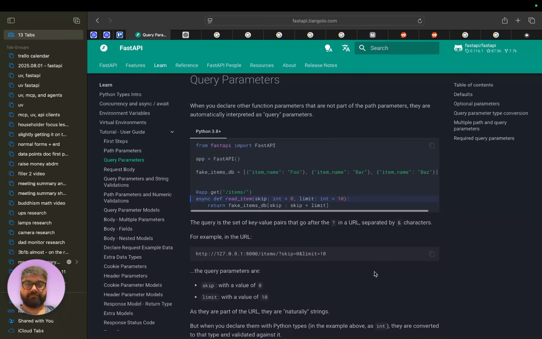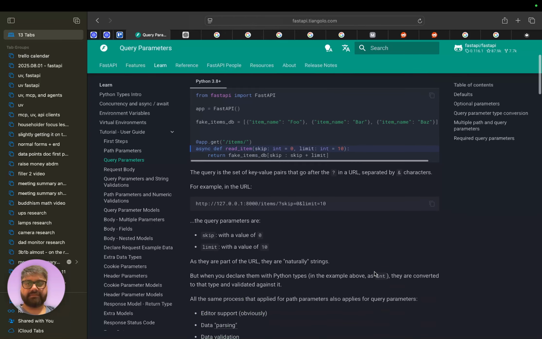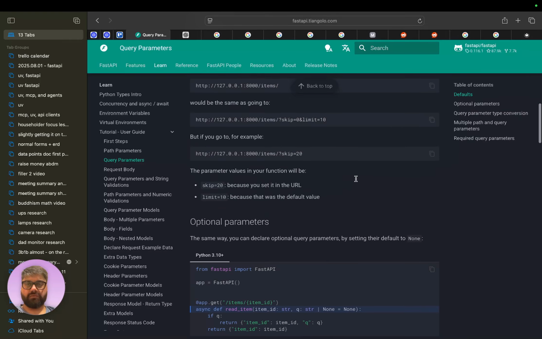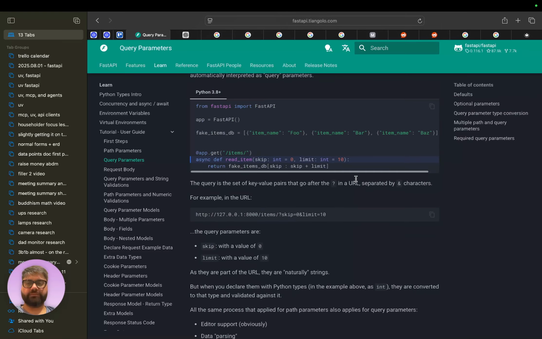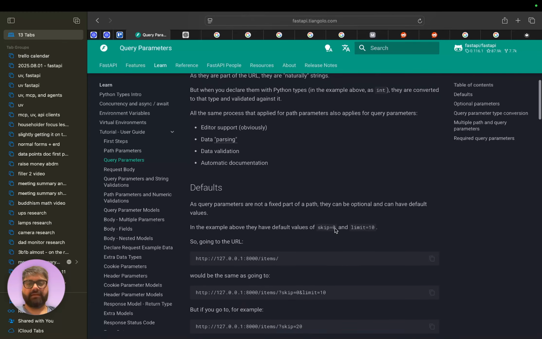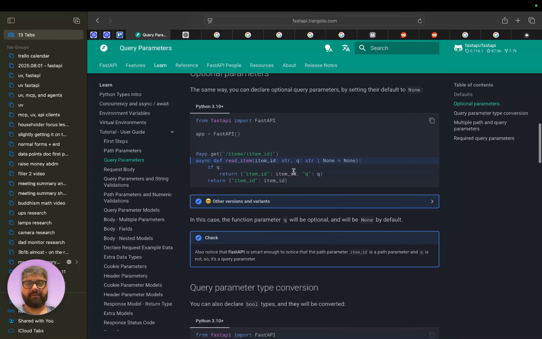Now, this page goes into, I'll get into why that's a problem later. Let me get to request bodies before I get to that. I'll just go over what's on this page because there's some neat stuff, but it's basically about validation and things like that. How do you define the type?